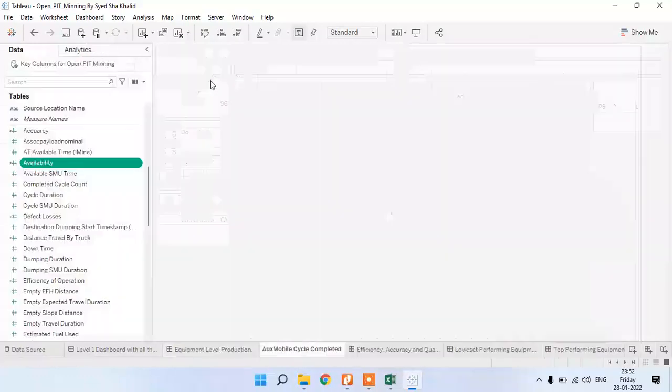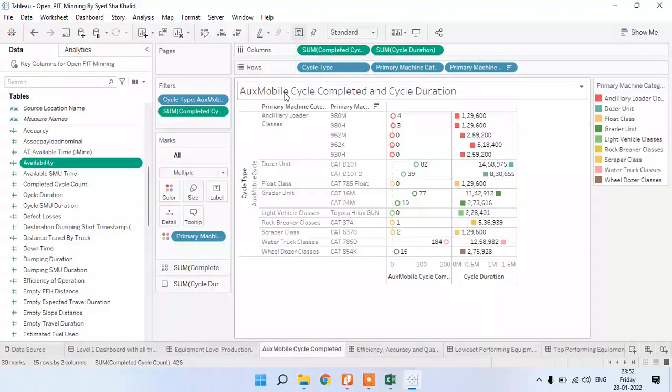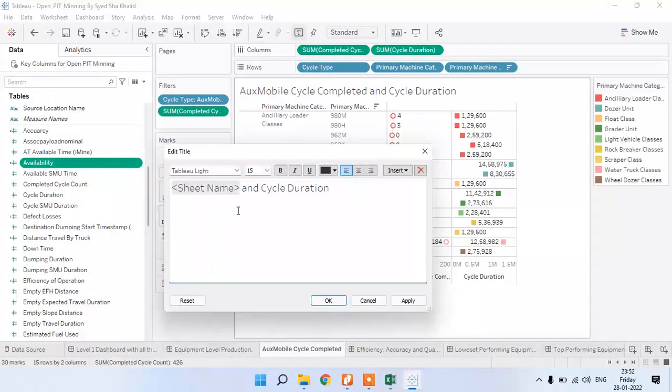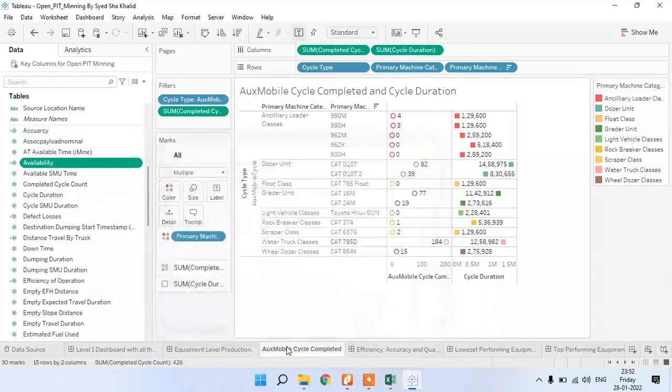It is not AUX only. I have considered the sum of cycle completed in the same column, and then the same thing I have used with cycle type, primary cycle, and primary machine class. And the duration I have found out.